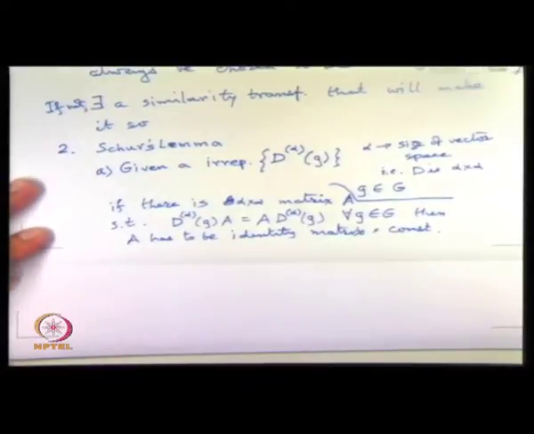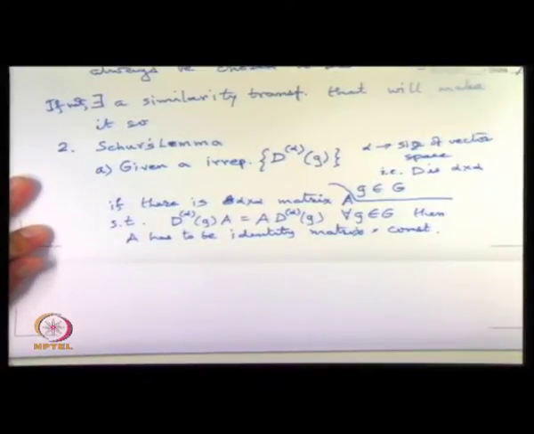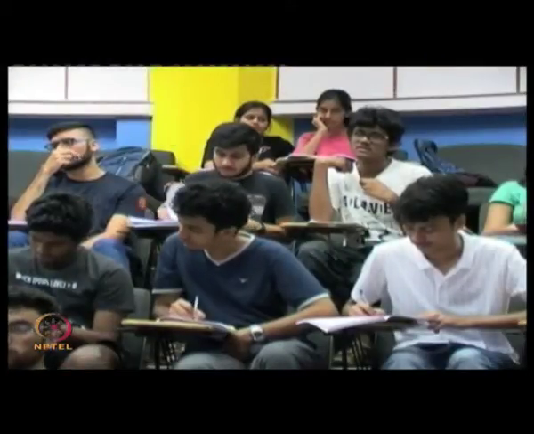The more non-trivial lemma that Schur proved, so this lemma looks a little simplistic, you know. You say, okay, if a matrix commutes with every possible matrix in your representation and the representation is irreducible, we know in group theory there is only one element that will commute. If for an arbitrary group which is not abelian, if there is a matrix which commutes with every single matrix in the group, we know it has to be identity because no other element will do it. So it is no great surprise that A has to be identity if this is fact for a general group.